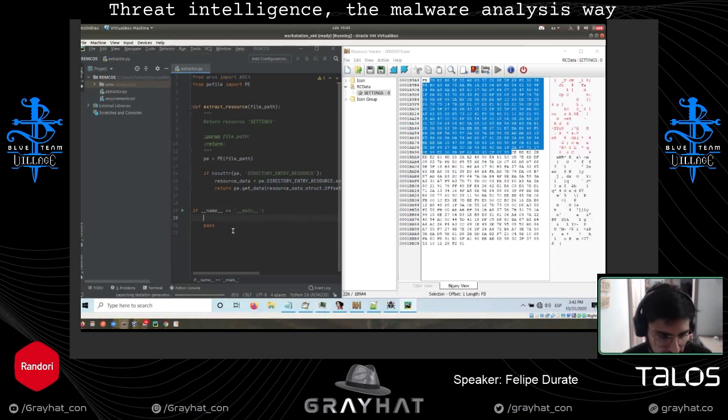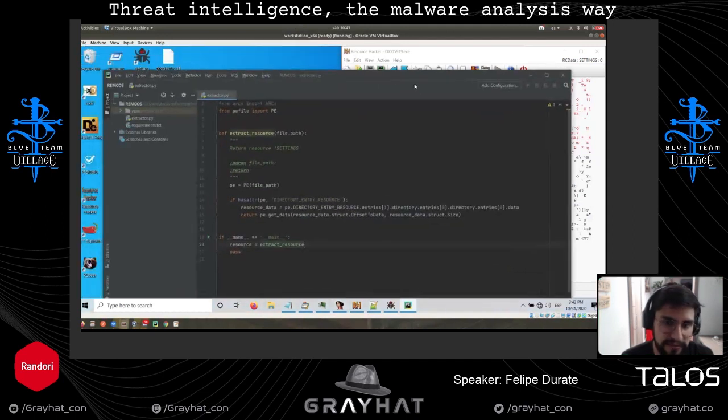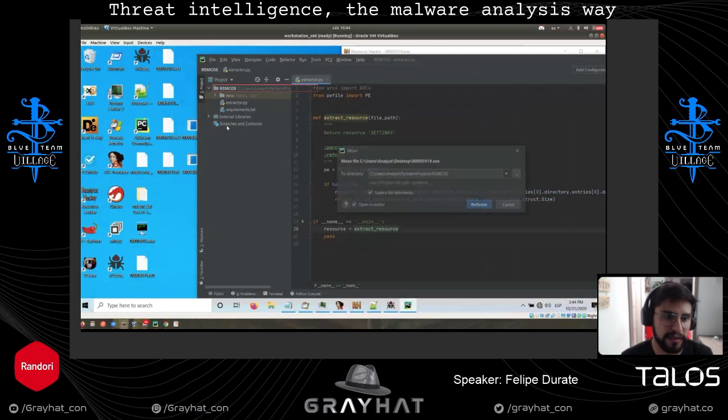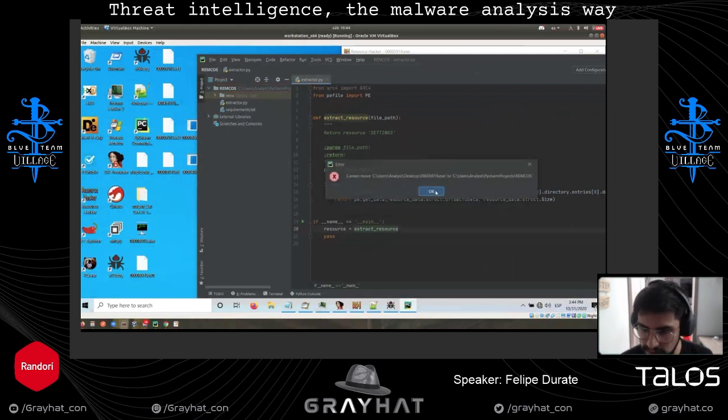Okay, so the first one, we're going to say resource is equal to, and I'm going to extract the resource from the file path. Which is the file path? I'm just going to copy at this point the malicious file, the Remcos RAT that I have, to my machine here.